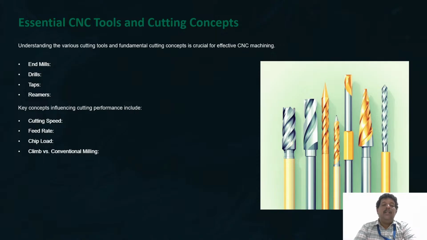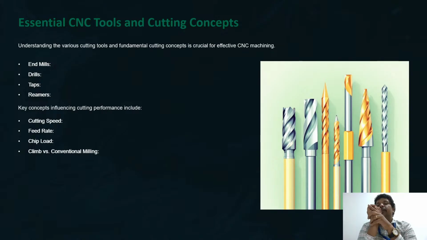Now, what are the key concepts that influence the cutting performance of a tool? As I told earlier, we have to see the cutting speed. So for the cutting speed, how will we do it? Each tool will have a different cutting speed. So how will we do the calculation? We have a calculation for that. We use V equal to pi D N by 1000. There is a formula called V equal to pi D N by 1000, and this determines the cutting speed of the